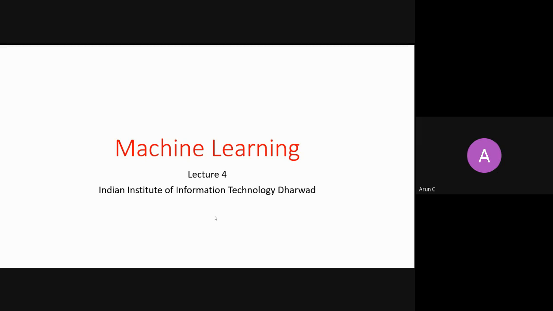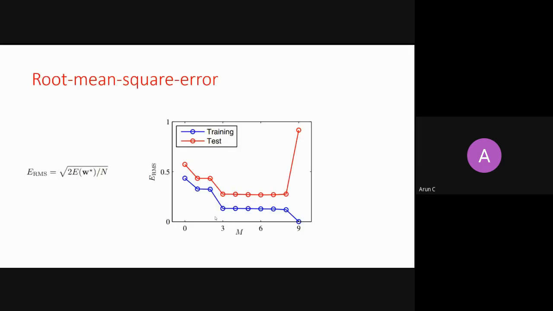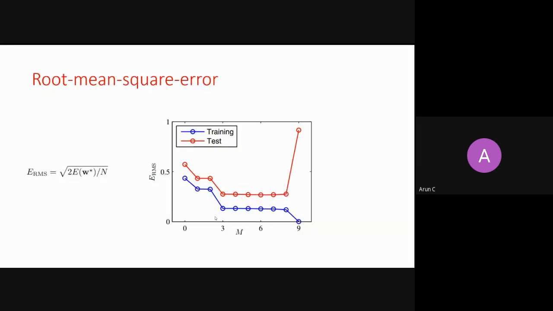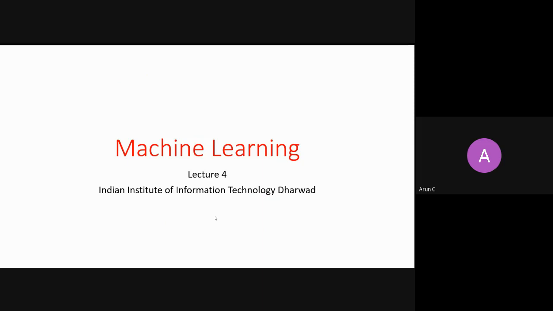So today we are going to discuss regularization and some probabilistic concepts, and then I will introduce maximum likelihood. Just a quick recap of what we were doing in the last class. We were discussing what overfitting is, what causes it, and what generalization and underfitting are. Then we discussed how you detect overfitting.